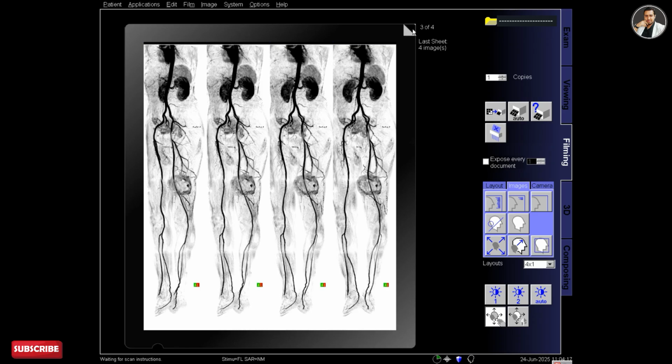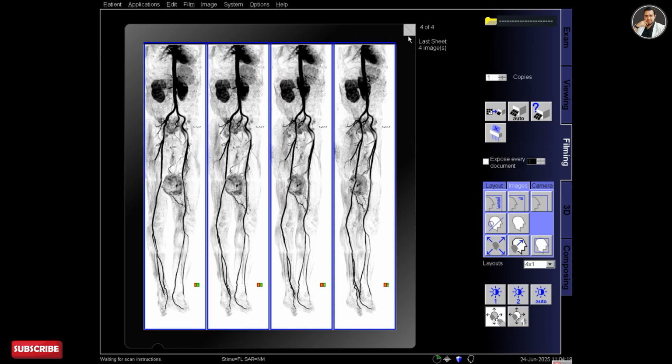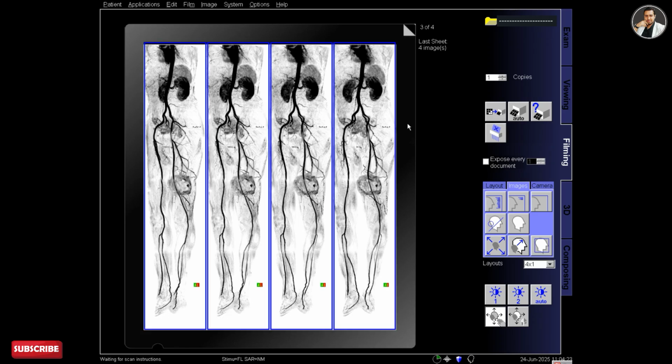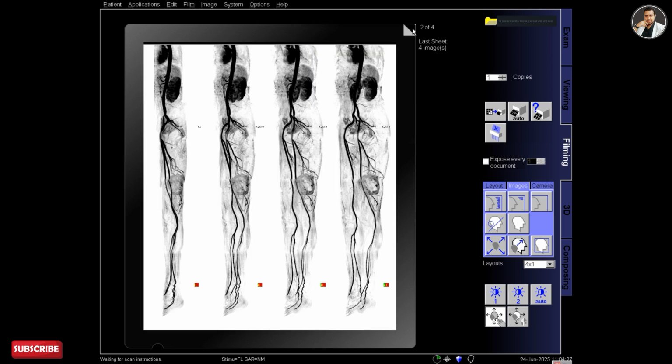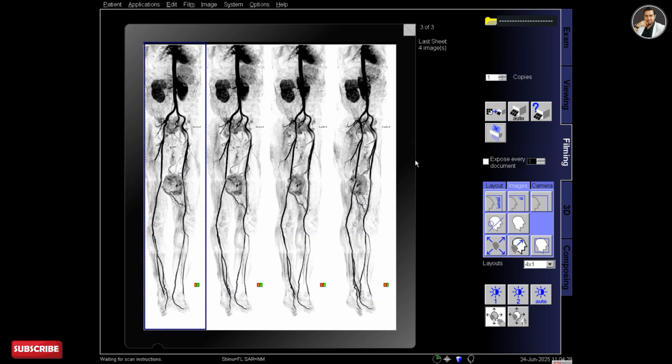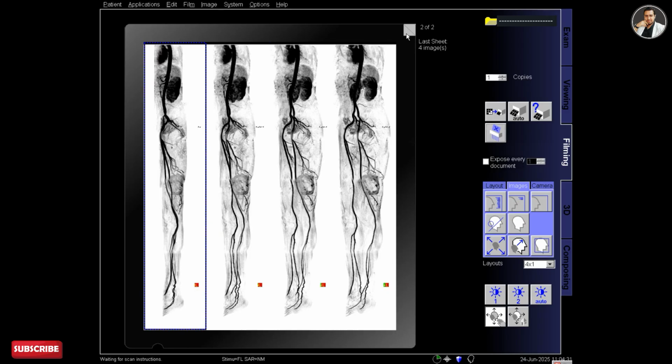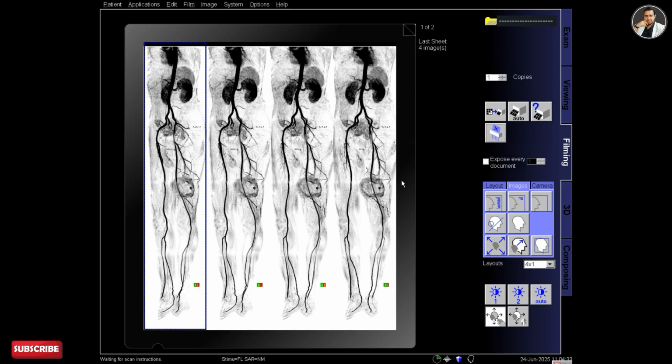There are now 4 films, but I have to delete some to keep it at 2. Now there are 2 films remaining.